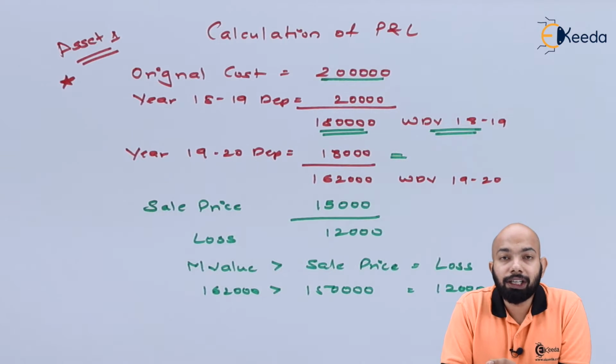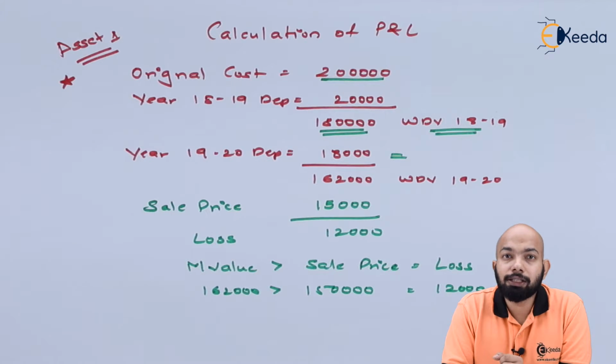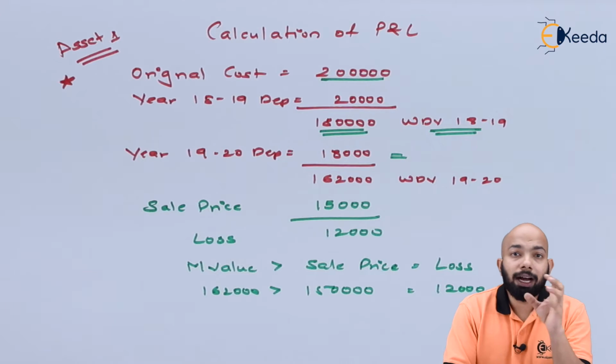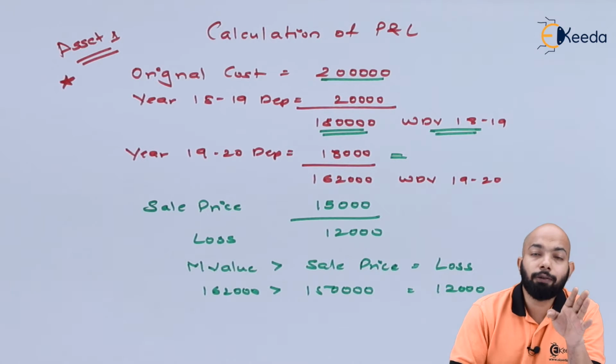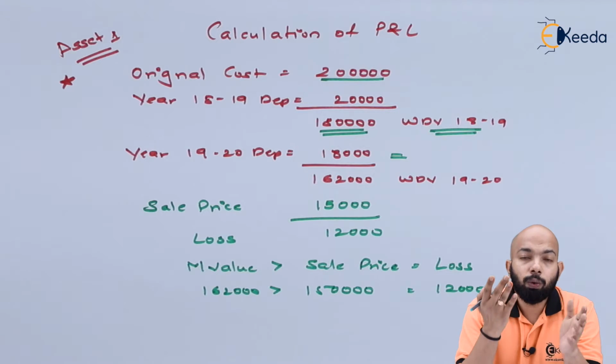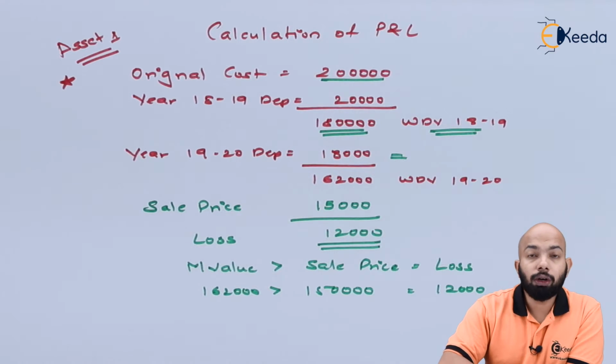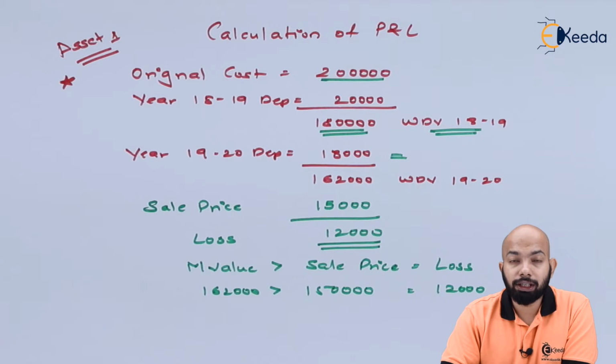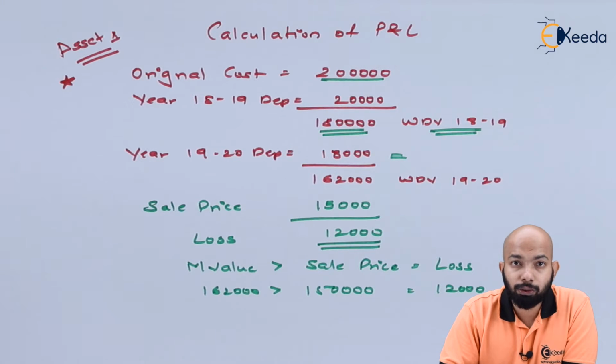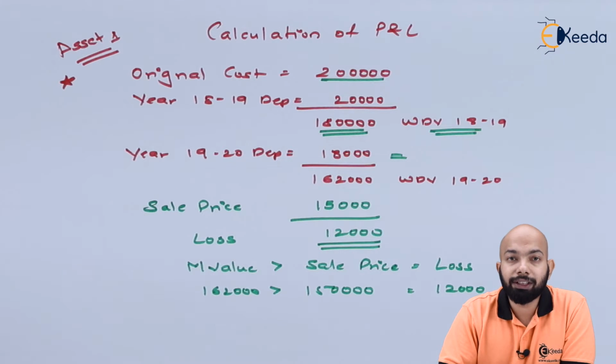Now, in the year 1920, we have sold this asset for rupees 1,50,000. The sale price is 1,50,000, while the market value of this asset is 1,62,000. However, you have sold it for 1,50,000, which brings out that there is a loss in this specific transaction. Now the loss amounts to rupees 12,000 here, because the written down value as of 1920 was 1,62,000, and you have sold it for 1,50,000. Clear evidence that there has been a loss of 12,000 here,